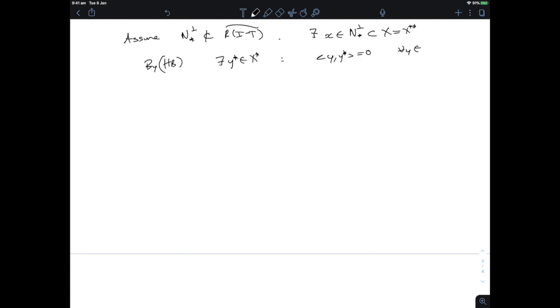Okay, now for the other inclusion, let's proceed by contradiction and assume that the perp of n star is not included in the closure of the range of identity minus t. Then I can use Banach, and I can pick a point to start with, x in n star perp. Now notice that n star perp is included in x, right? A priori it should be included in x double star, but I'm in a reflexive Banach space, so I can make that identification. And then by Banach I can separate that point x from the subspace closure of the range of identity minus t. That is to say, there exists an element y star in the dual, such that y star is 0 for all y in the closure of the range. The alpha in the definition of the hyperplane has to be 0 when I'm separating from a subspace,